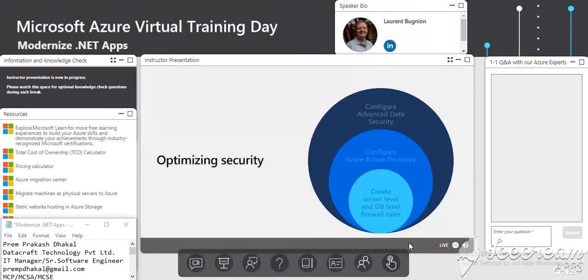So optimizing the services, there are different things that you can do. Let's start with security. That's really the first in line. And again, like I mentioned in the first session, this is a business as usual activity. You should always be optimizing your security. The very first thing you should do is, at the database level and at the server level, you should have firewall rules. And if you remember